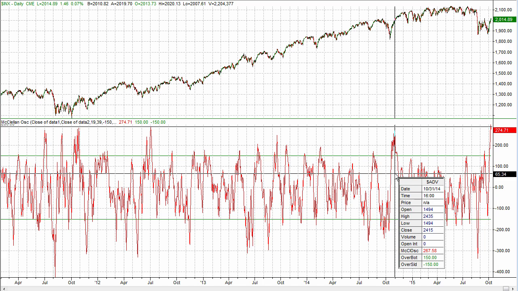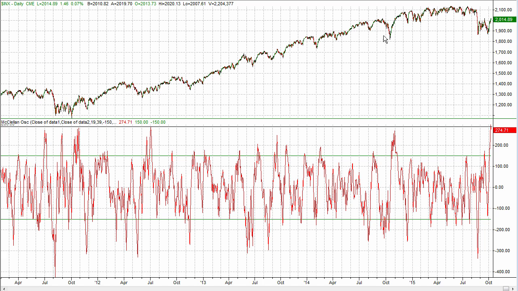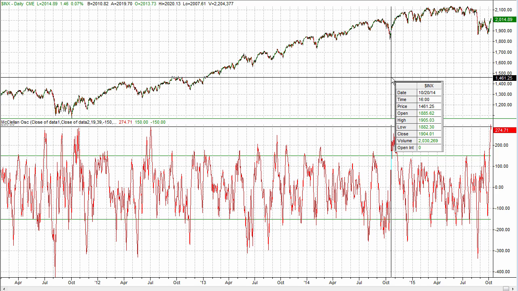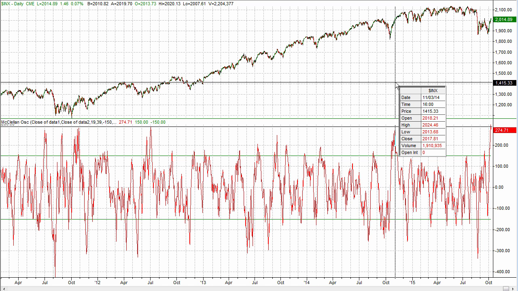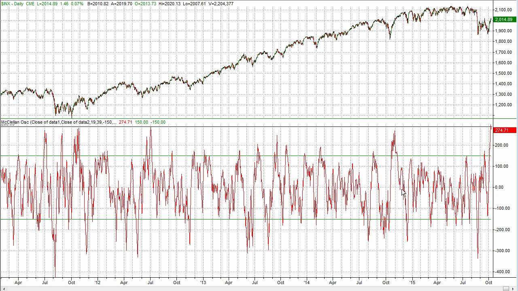So for example, after the last October, the last sell-off, the biggest one that we've really seen prior to this, you can see that McClellan got overbought and then more overbought and then almost as overbought as right now. And even at its peak, the market still had quite a ways to go as the McClellan fell apart.